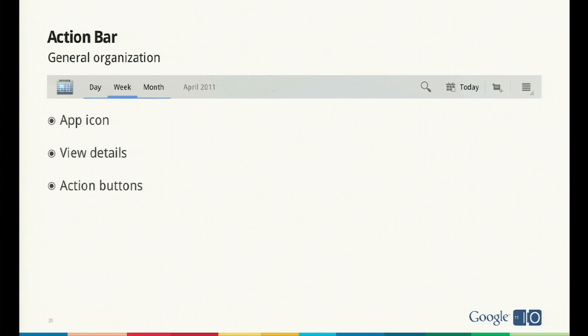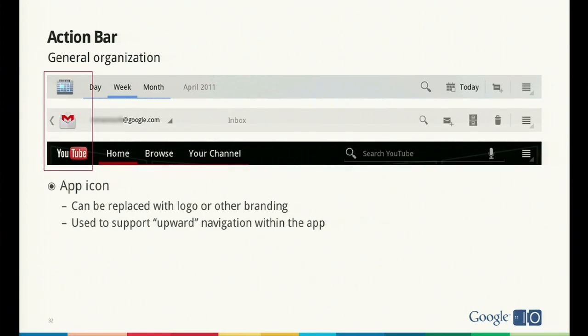So starting on the left, the app icon doesn't have to be your app's icon. It could also be a logo, other branding. It's mainly here to give the user a sense of place. And we also use it for navigation, but we'll talk a little bit more about that later. As you move to the right,